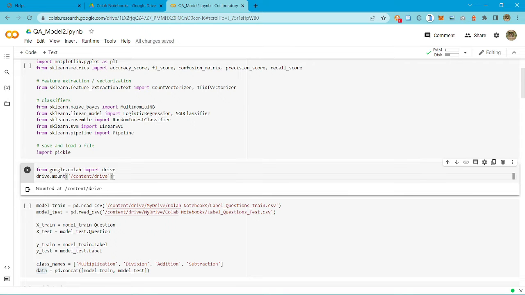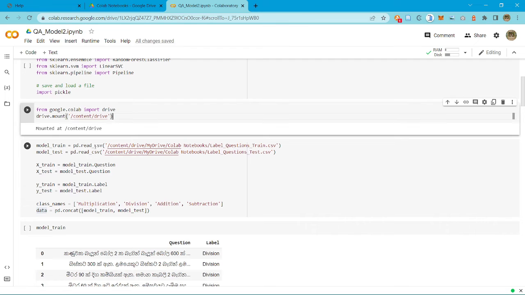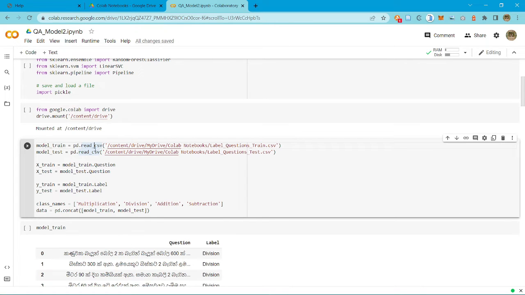So the Google Drive is mounted here, and then we have the training dataset and the testing dataset loaded using pandas, and then using the model train method, it is assigned to xtrain, xtest, ytrain and ytest